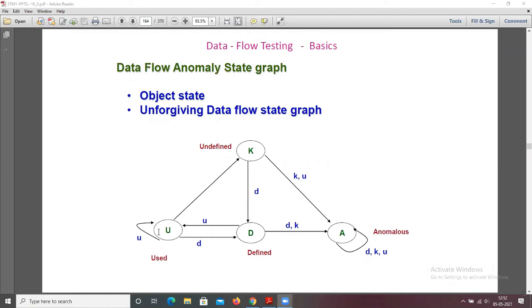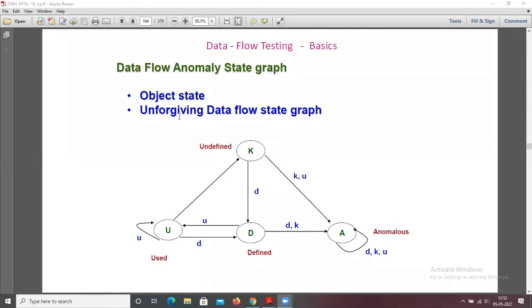U means used in computations or in a predicate. And A means anomalous, which is the bug. So U means using, D means defined, and K means undefined, previously killed and not existing.